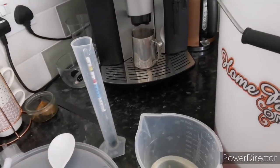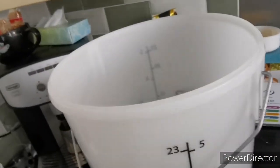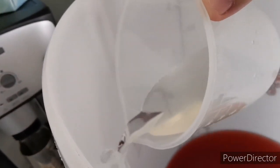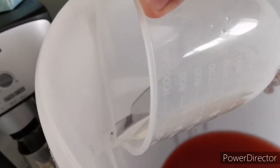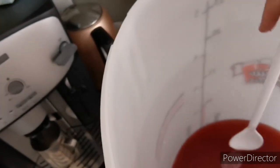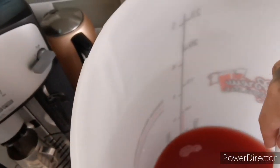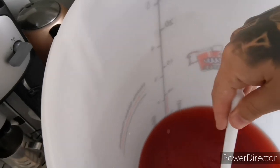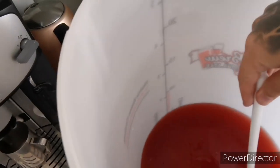Right, so once it's all out of the demi-john, I'm just going to put my sugar solution into the bucket. This is batch priming it. That'll give it the sugar, and then you want to give it a very gentle stir. Don't be vigorous with this. Just a nice little gentle stir. Just make sure all that sugar is mixed in with the cider. And then once we've done that,